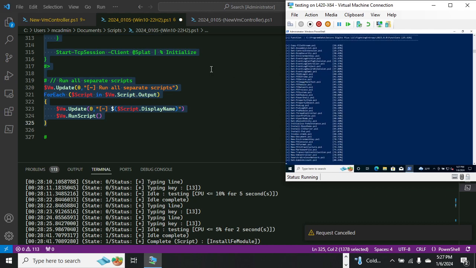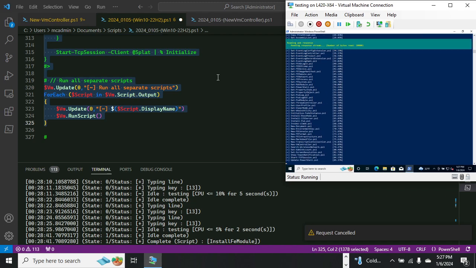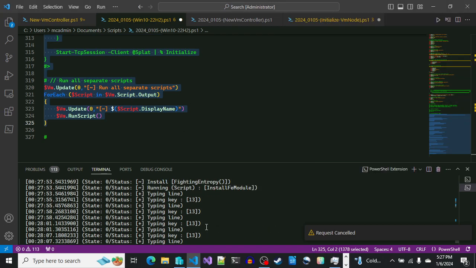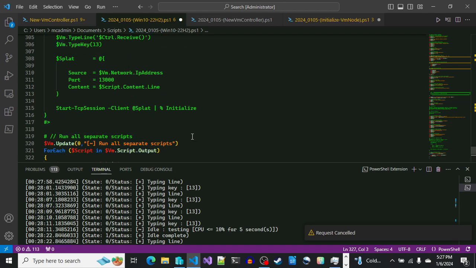And me making a video of this kind of halting and not working and then continuing to work, that's good, but it tried to run scripts that it wasn't ready to run quite yet. So in order to pick back up where it left off,